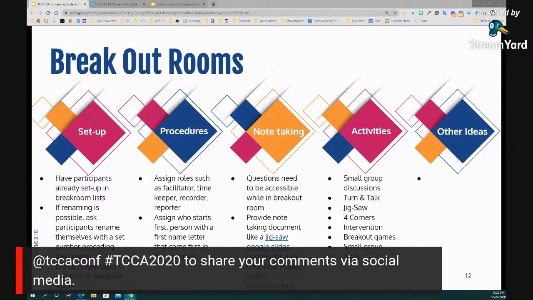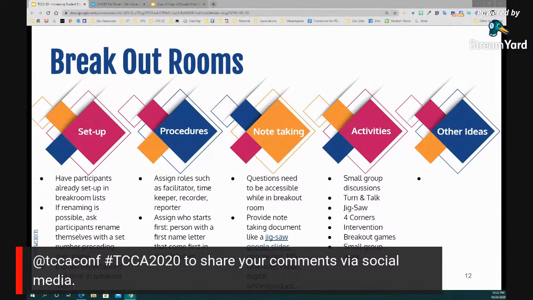You may also want to give directions on who speaks first. You could say whoever's first name starts first in the alphabet goes first, and that person then names the next person to talk. So there's no wasted time when they're in the breakout room.